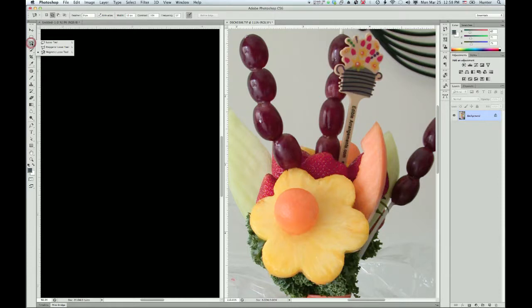I'm going to choose the Magnetic Lasso Tool. Now, depending on what you're doing, a different selection tool may work better for you. So just knowing that the tools are there and what they do will be very helpful to you. I'm going to start with this Magnetic Lasso Tool. I'm going to select this pineapple shape with the cantaloupe on the inside. So I'm going to start here in the upper left corner, and I'm just going to click to set my